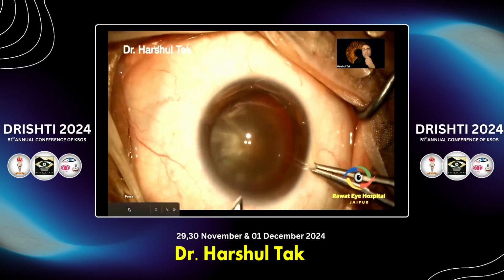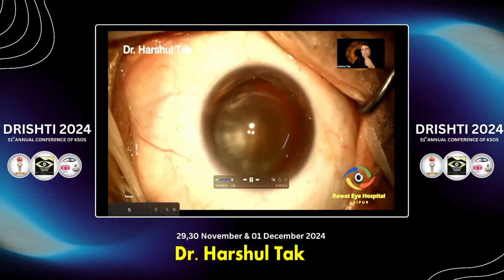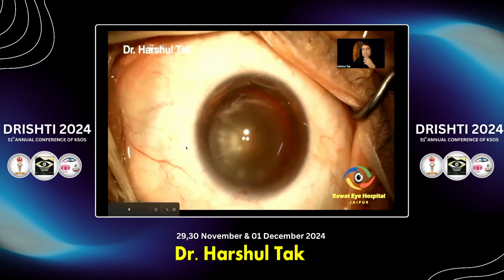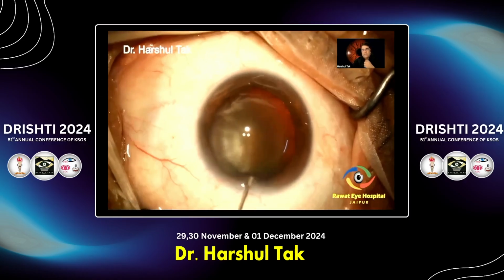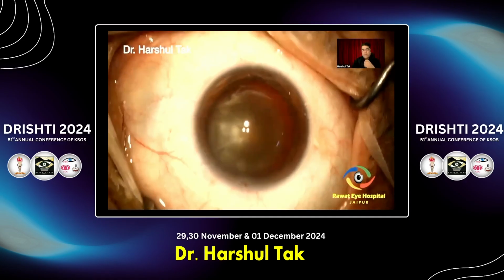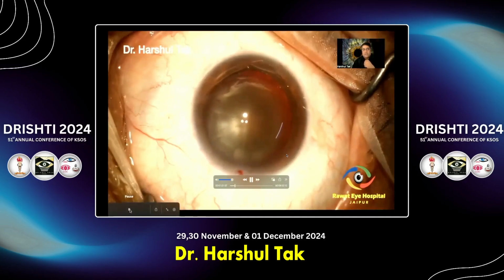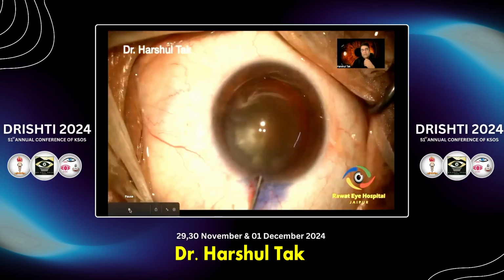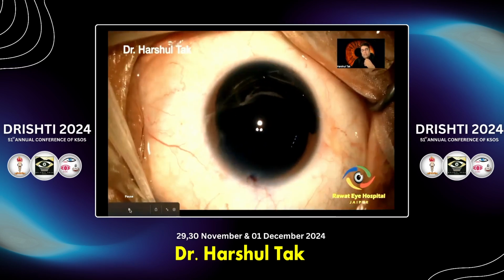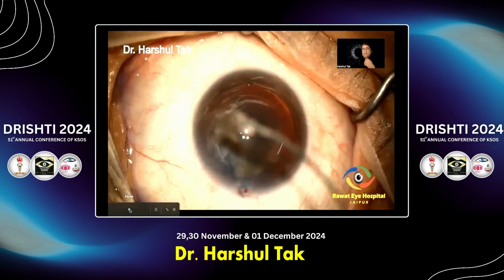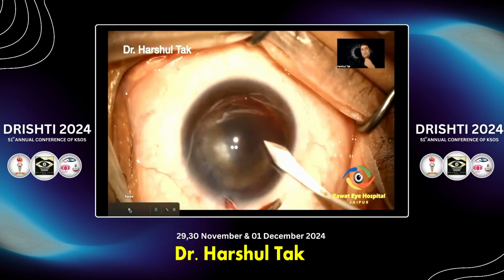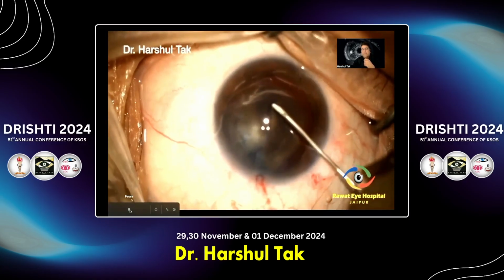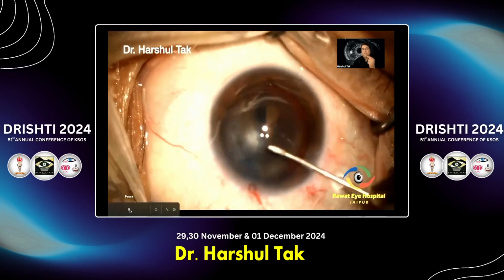We all know that the main problem in brown and black cataracts lies in the dense central endonuclear core and thick leathery posterior fibers. So it's very difficult to crack these kinds of dense nucleus. After making side port incisions, it's always useful to stain the anterior capsule in these kinds of cataracts because you can easily visualize the margin of the capsulorhexis when you are